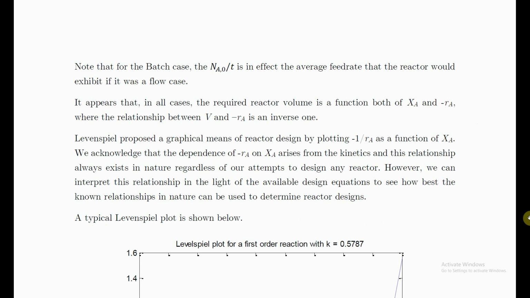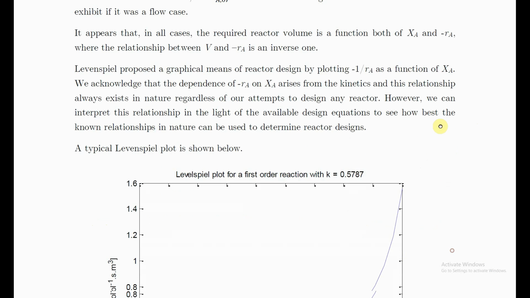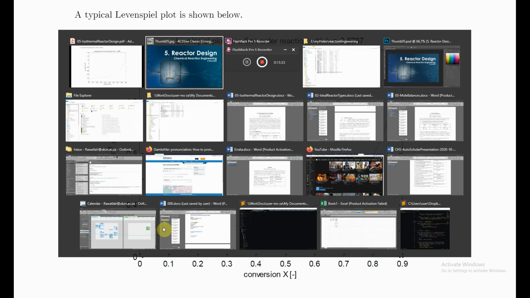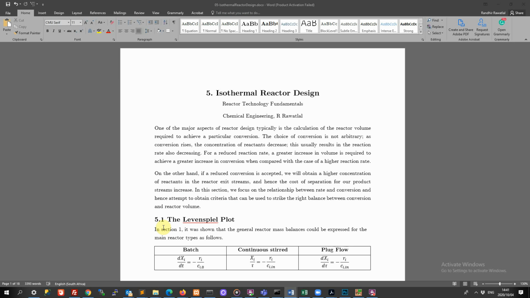So the Levenspiel plot starts out like that. In the Levenspiel plot, we simply go ahead and make that plot. We say 1 over RA plotted against conversion. And if you go ahead and do that for, for example, a first order reaction, let's just look at what we would get in that case. So if it's a first order reaction,